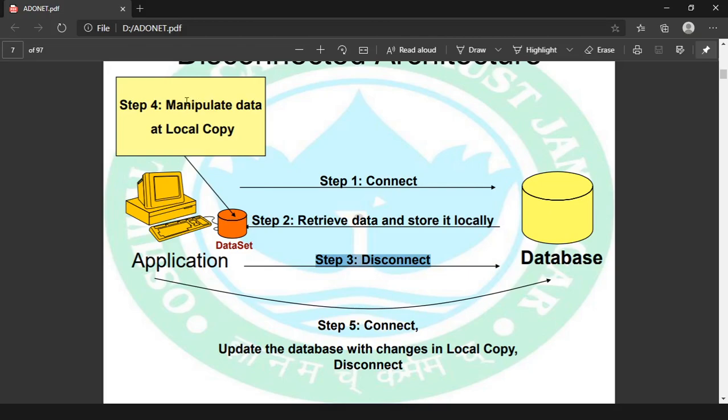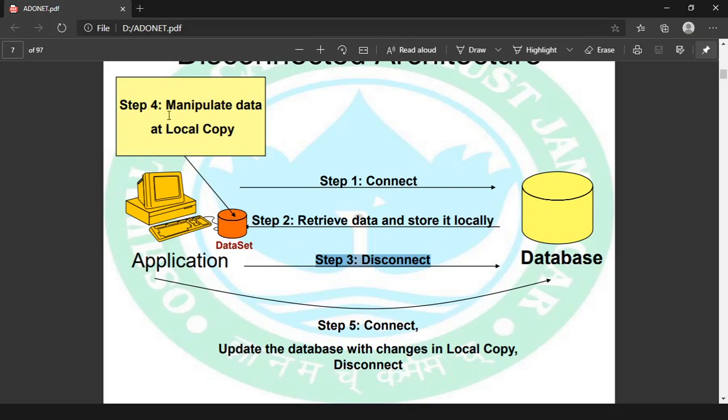And step number 4, whatever transaction you want to perform, like insert, update, delete, select, you will perform it on the data set, which means with the local copy, right? And step number 5, all these changes which you have made with the local copy will be reflected to your actual database.